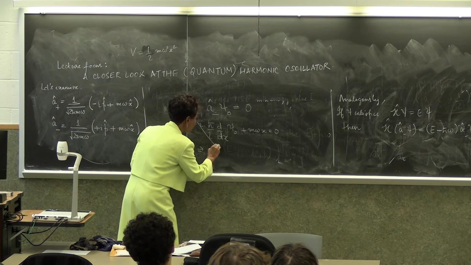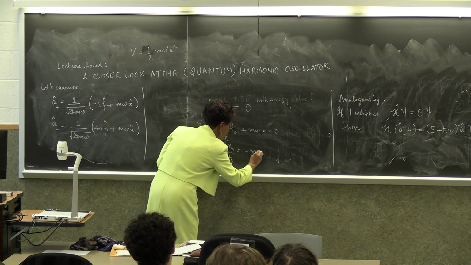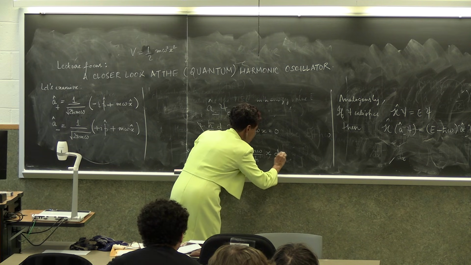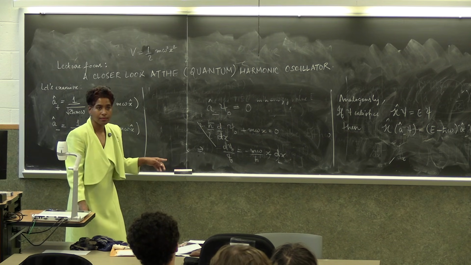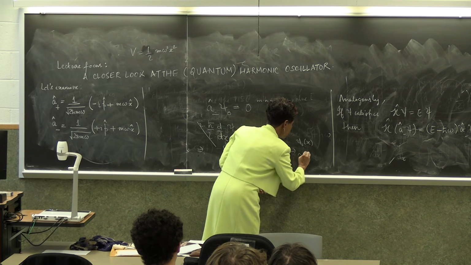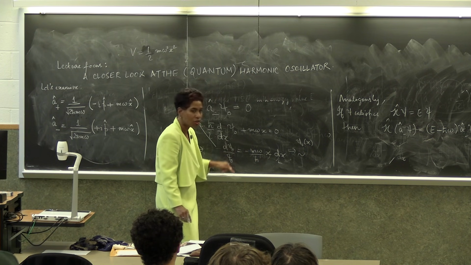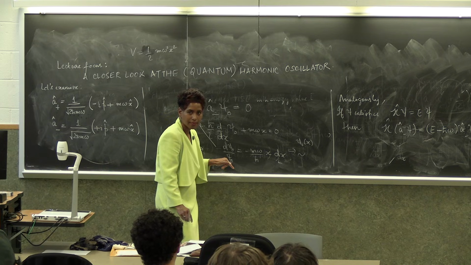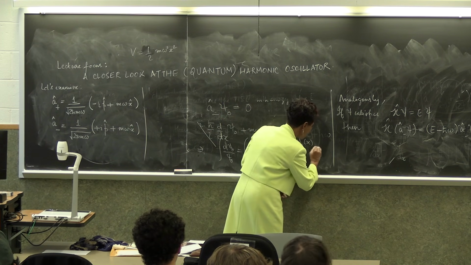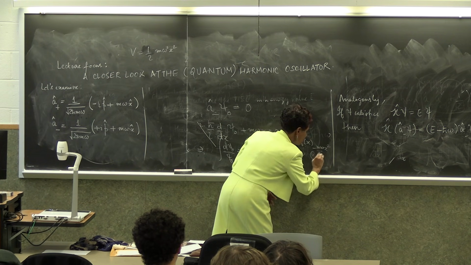You'll see in a moment. This is just d psi naught over psi naught equals minus m omega divided by h bar times x times dx. I've just rearranged. This gives us psi naught of x goes as, you're going to get x squared over 2 here, and then we have to exponentiate because you'll have a logarithm here. And so psi naught goes as e to the power of minus x squared with the prefactor m omega by 2 h bar,